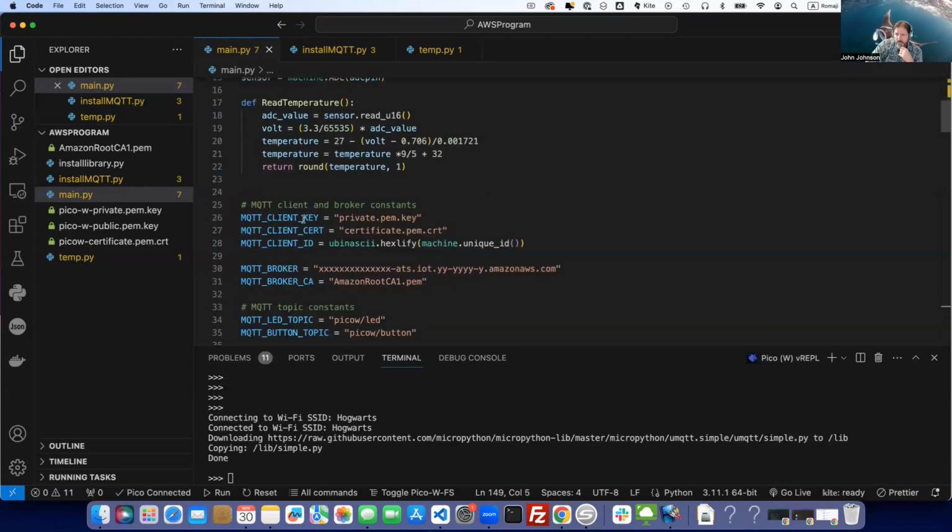Now we need to set up those keys that we had. I remember I said I moved them from my downloads directory into the AWS program, and I'd named them Pico W private key, Pico W public key. So now we need to go ahead and fill in those file names here. For private key, we have Pico-w-private.pem.key. Okay, then for our certificate, we have Pico W